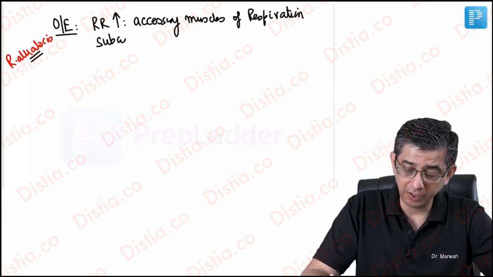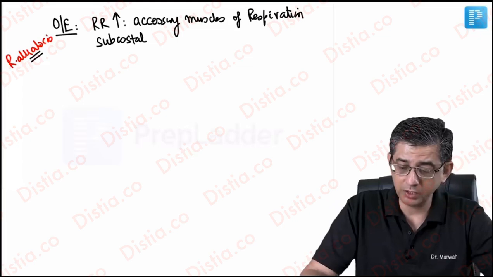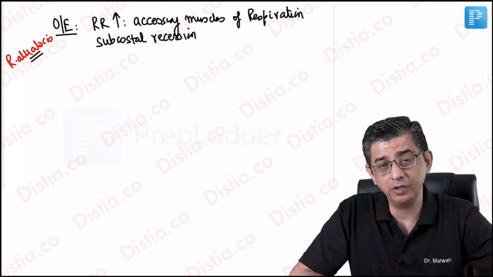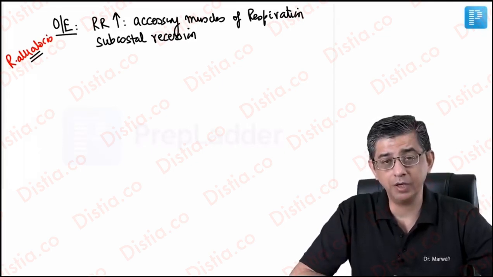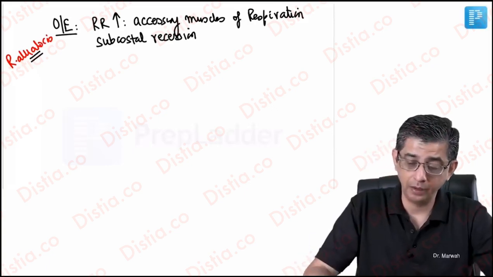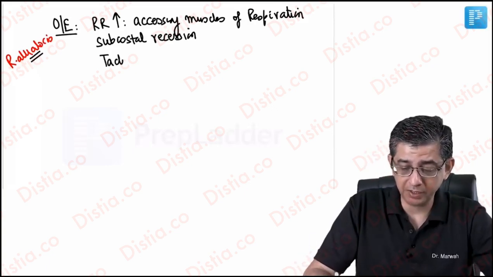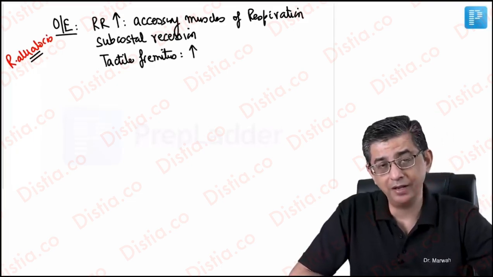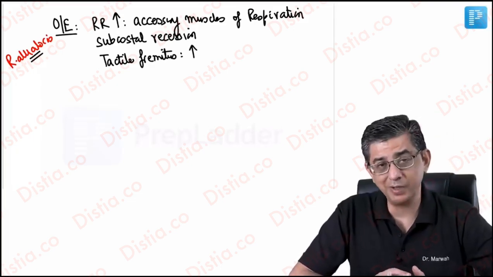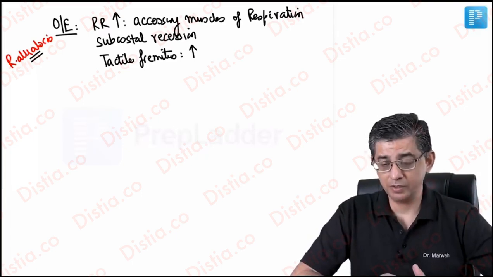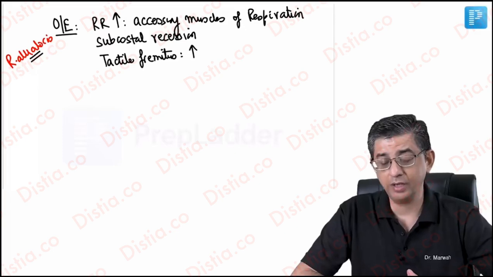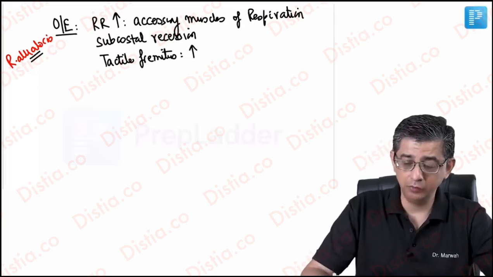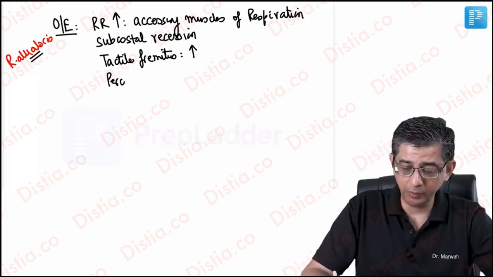The diaphragm is working overtime, so you will notice that the lower part of the chest would be sucked inside every time the patient is breathing. So especially in children, it is easier to pick up subcostal recessions. Now these will be the traditional findings with respect to lobar pneumonia. You will be checking for tactile parameters because the lung has become solidified, because there is pus present, there is presence of alveolar exudate, so tactile fremitus is increased, vocal resonance is increased,